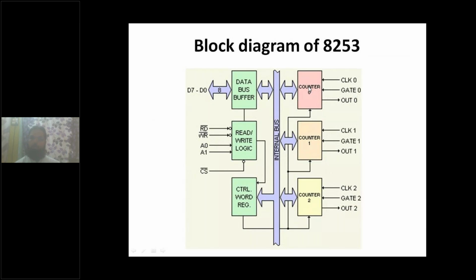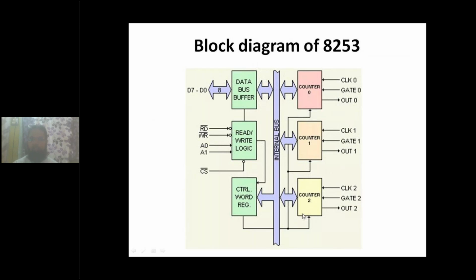Once the register reaches the maximum value, FFFFH, the counter stops and the output line becomes 1, which indicates that a time delay of a specific period has been generated. The initial values into the counter register are transferred using the data bus buffer and the read/write control logic, which consists of the control word register. Basically, counter 0, counter 1, and counter 2 are the three counters using which timing delays can be generated.